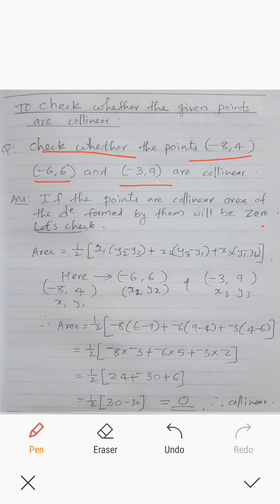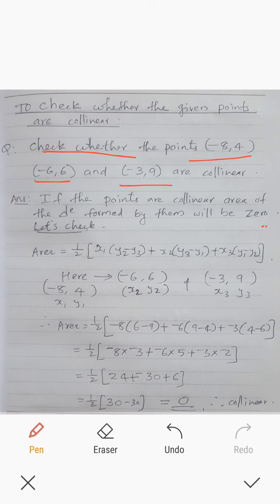So, if they do not form a triangle, no area is formed. Area of the triangle will be equal to 0. So, we must understand area of triangle formed by 3 collinear points is always 0, because no triangle is formed